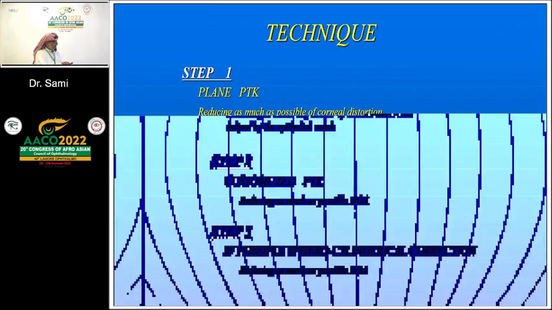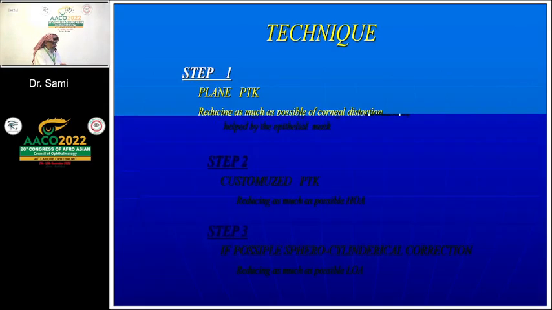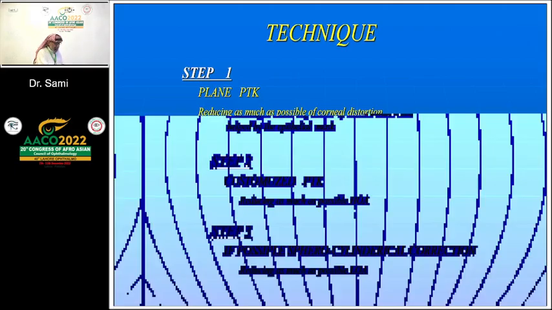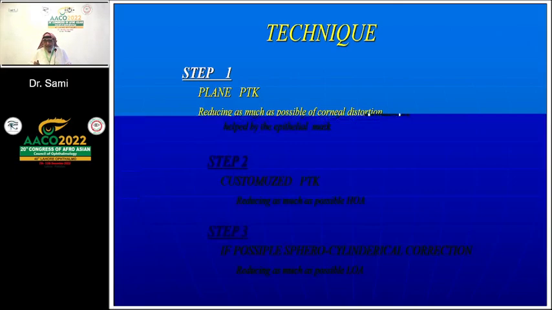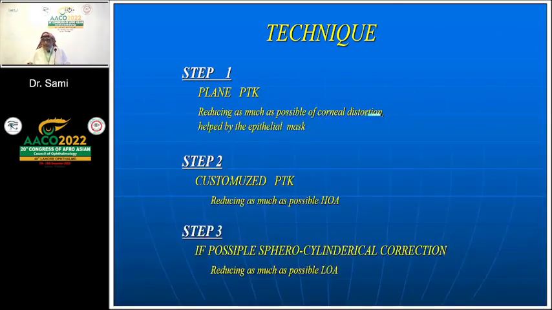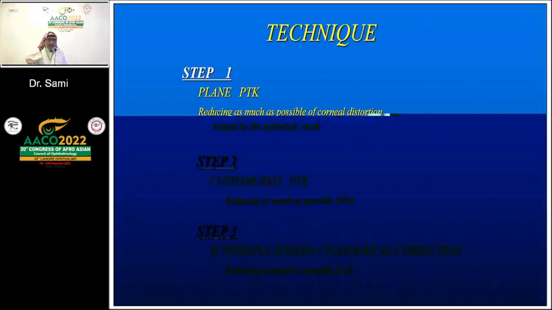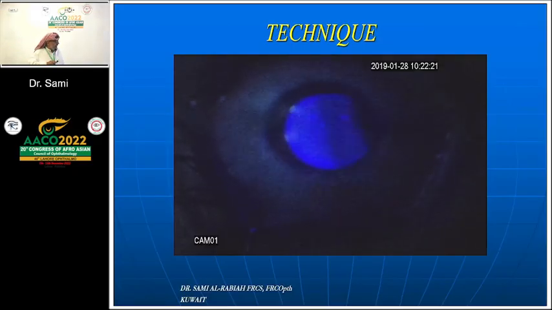We start with plain PTK, and then customized PTK, and then if you have some tissue, you go for treatment of spherocylinder, okay? So our plain PTK, we said there are many types of PTK. This plain PTK, you will see it's fluorescent as long as it is on the epithelium. And once it is breakthrough, you will see the breakthrough as a black spot. You see it here? Stop, thank you. This means